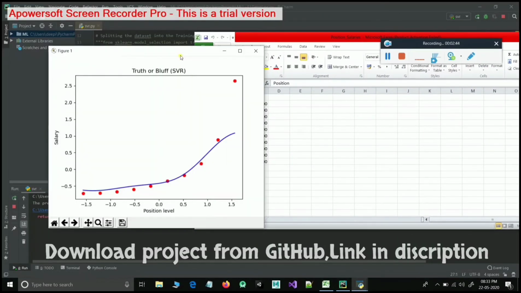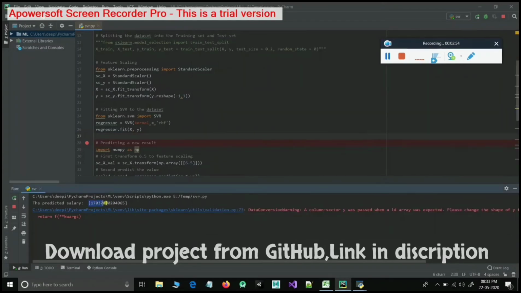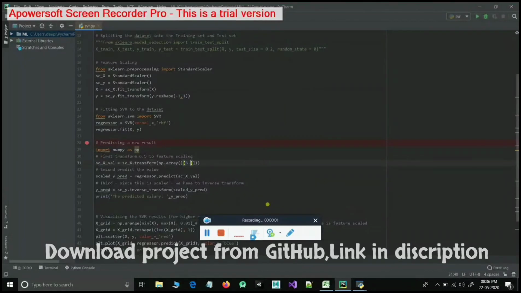Here we get the value, that is 1,70,000 approximately. And in the data set, from level 6 to 7, we have values 1,50,000 and 2 lakh. It means the model predicts the accurate value.